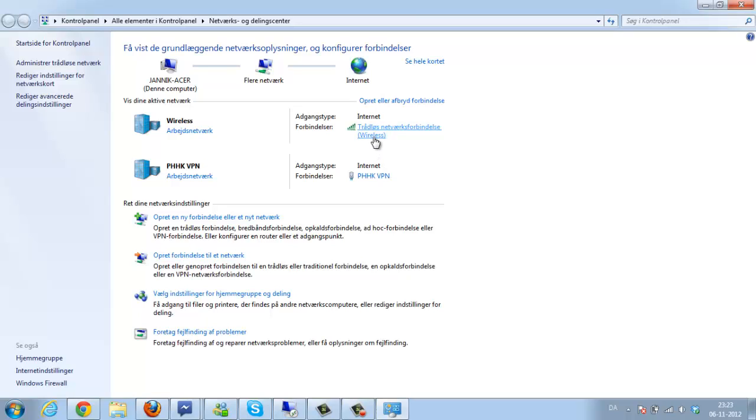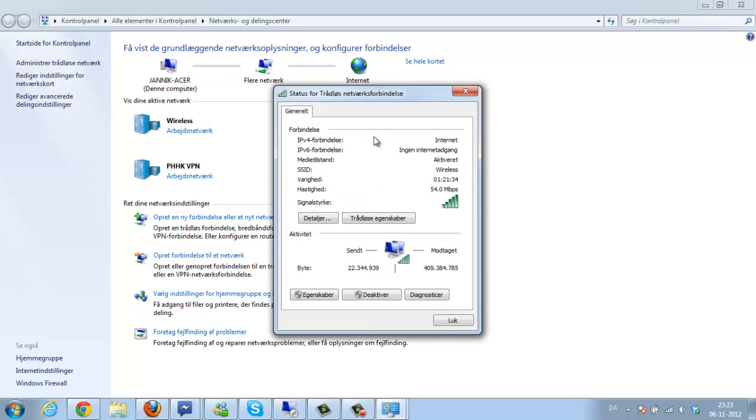What I will do now is define a manual IP address. With a manual IP address, I mean that it's independent of DHCP, that you don't need a router to tell you what IP address to use. So you simply go here in the left corner to properties,